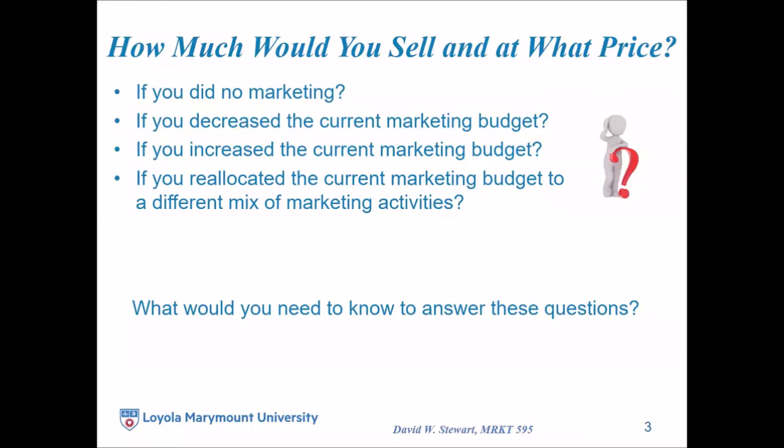And then the really tricky, difficult decisions revolve around, suppose I take my budget and I simply reallocate it. So instead of spending it all on television advertising, I take half of it and put it into digital, which, by the way, is what happened generally in the last 10 years. Does it make a difference in sales? What kind of difference does it make? And does that difference really pay out?